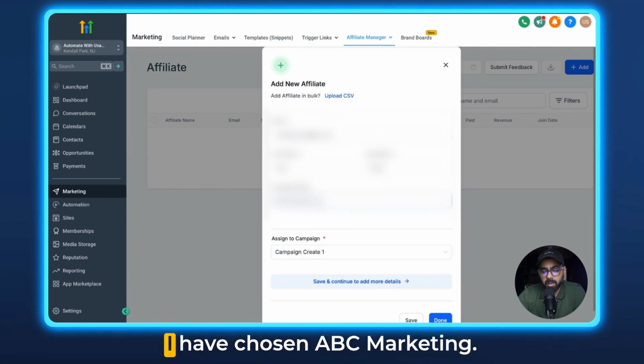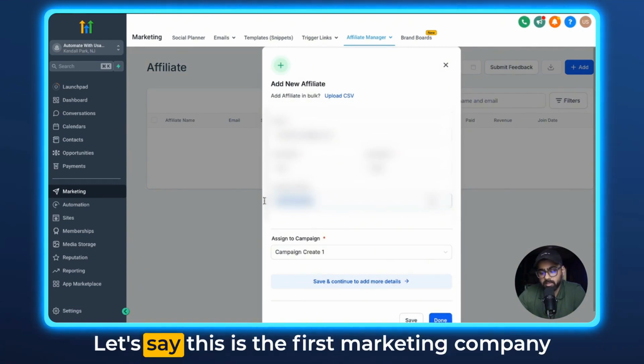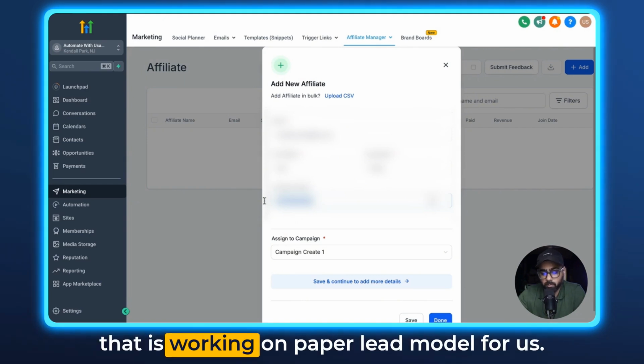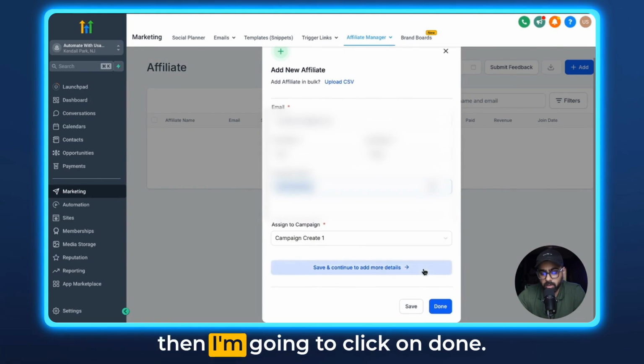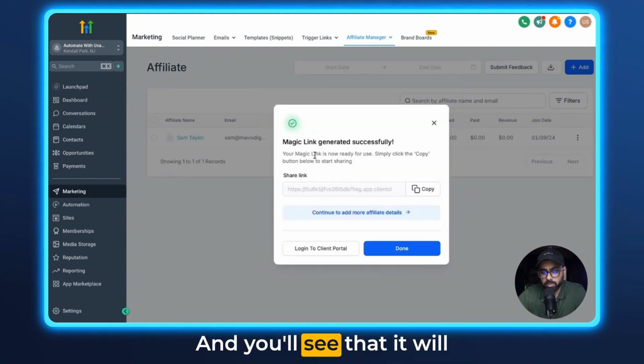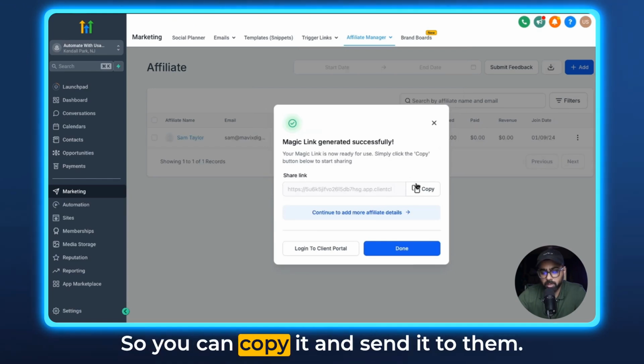So for the company name, I have chosen ABC Marketing. Let's say this is the first marketing company that is working on the pay-per-lead model for us. So let's put that name here, and then I'm going to click on done. And you'll see that it will create the magic link for them, so you can copy it and send it